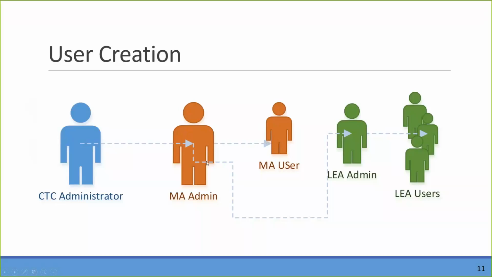Then the MA administrator, the monitoring authority administrator, also invites the LEA administrator. So both the MA user in their own county and the district administrator at the LEA. So if you are a county office, one of the things you want to make sure that you know is who, the email address, and who at your LEAs you would want to invite to be part of the CalSAAS system. So you need to find out who's going to be serving that role at your district.